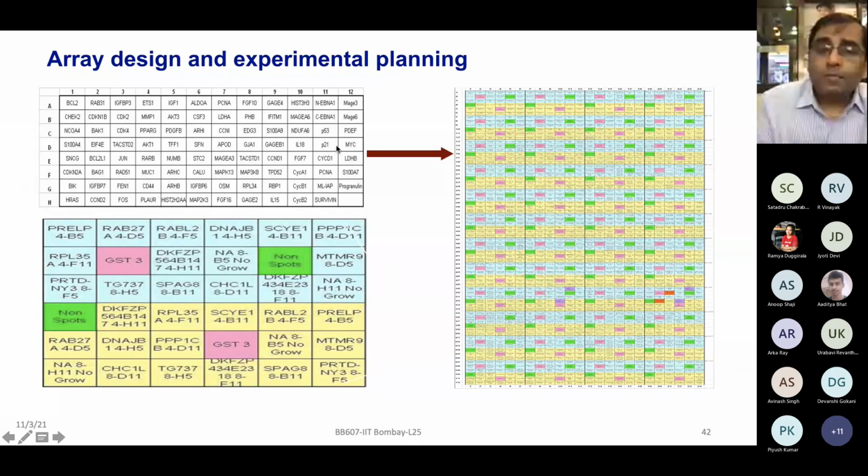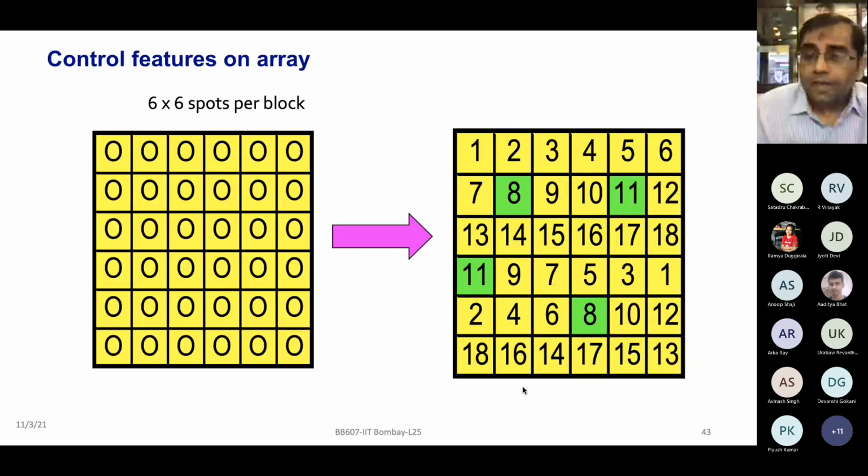Based on this, now this particular plate could be utilized to generate something like this. You can have multiple printings of the same spots, and you can increase the density, and a greater number of features could be screened. Additionally, now you have to look into what kind of block you want to make. It can be 6 by 6, it can be 8 by 8, it could be 10 by 10, depending on your overall printing, what you would like to achieve. Accordingly, you can work on this. And all of this work you are doing in Excel sheet format.